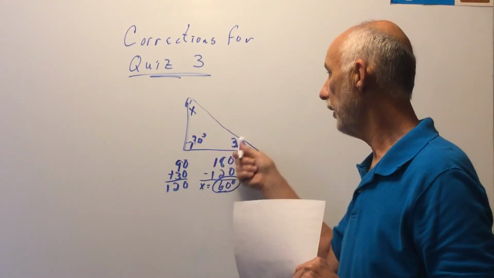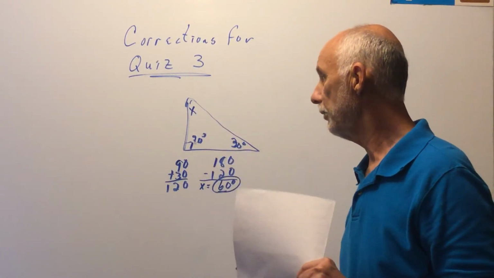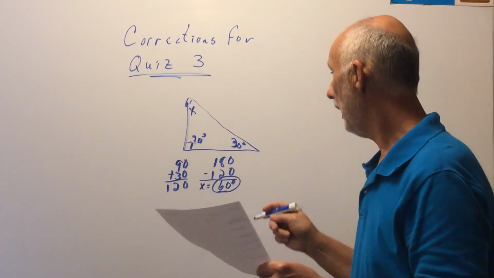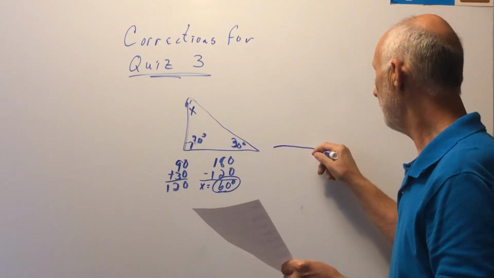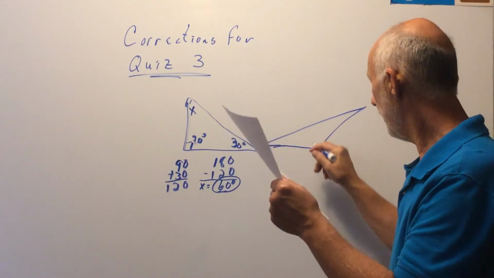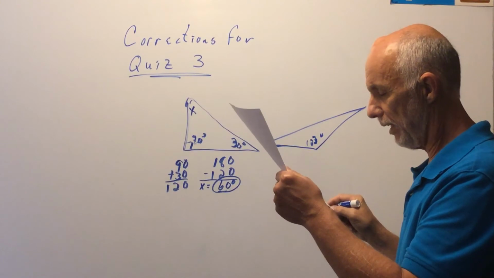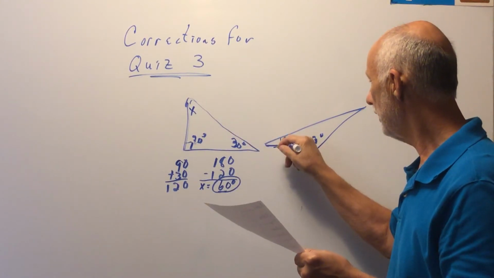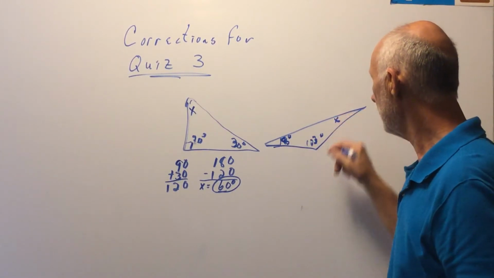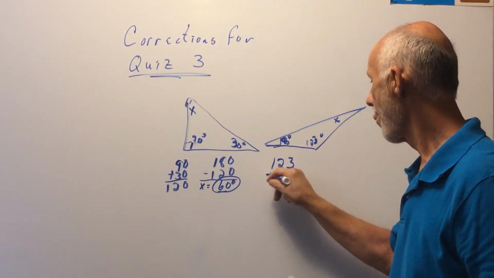And again, all 3 angles together add up to 180. So if you know 2 of them, add the 2 you know, subtract from 180 gives you the one you don't know. And the last one was an obtuse scalene triangle, and I knew the obtuse angle was 123 degrees, okay, and another angle was 18 degrees. So once again, to find the missing angle, x, add the 2 you know,